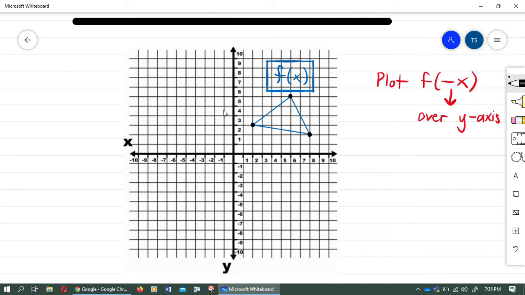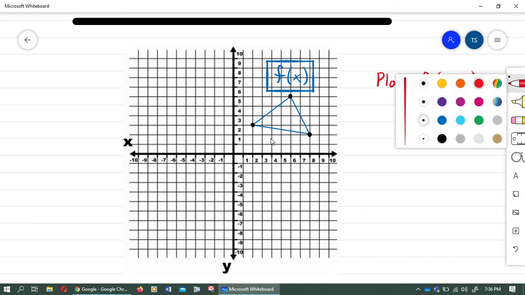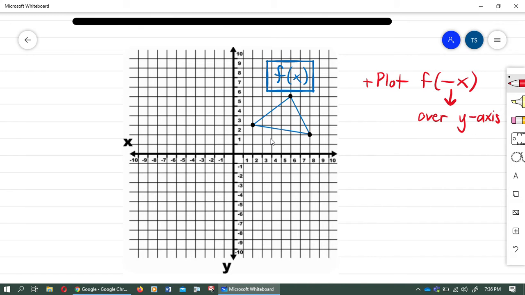Okay, and so guys, not only do we try to reflect the whole triangle, but since we have specific points here, you can see 3 specific points, we need to reflect each specific point over the y-axis. All right, so again, we need to reflect each specific point over the y-axis. And the way that we need to do that is